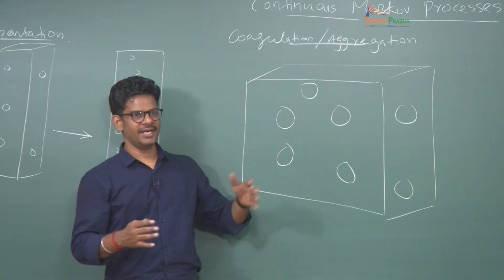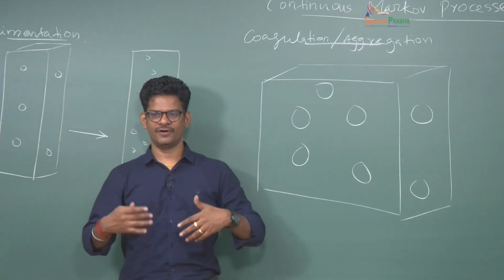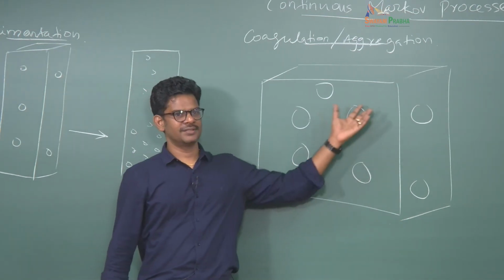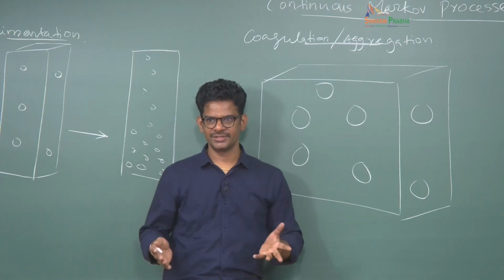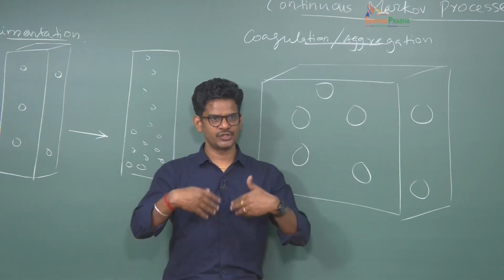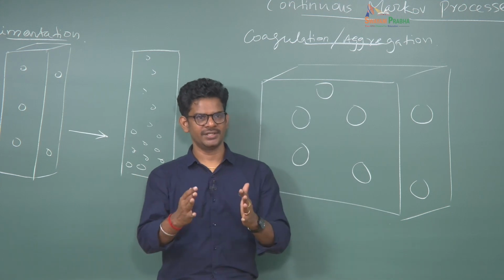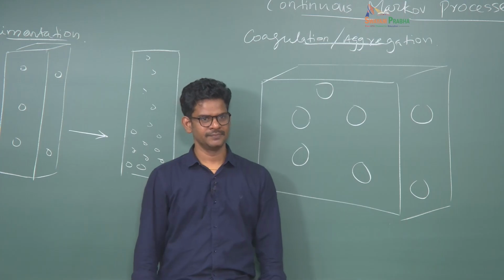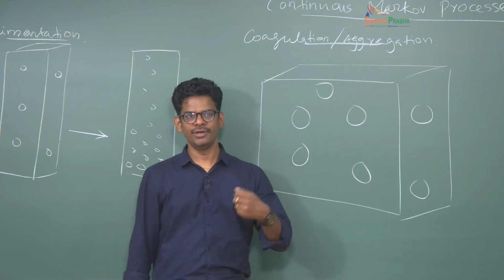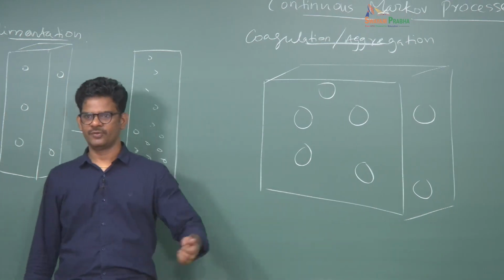Now to see aggregation you have to add something. Okay, for example, if these particles are stabilized because of electrostatic interactions, you would add electrolyte, you would add salt to screen the electrostatic interaction, so that when particles come close enough they can aggregate. Okay, so adding salt to induce instability of the suspension.